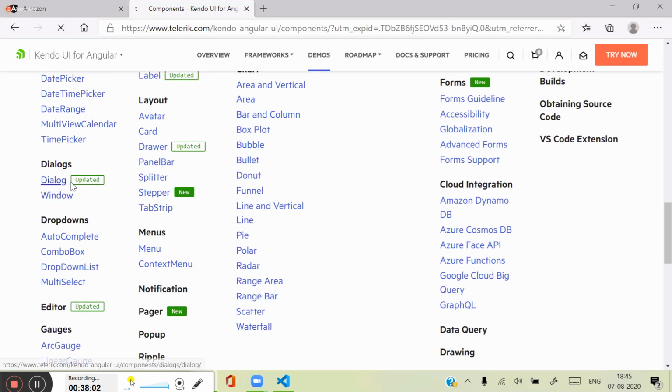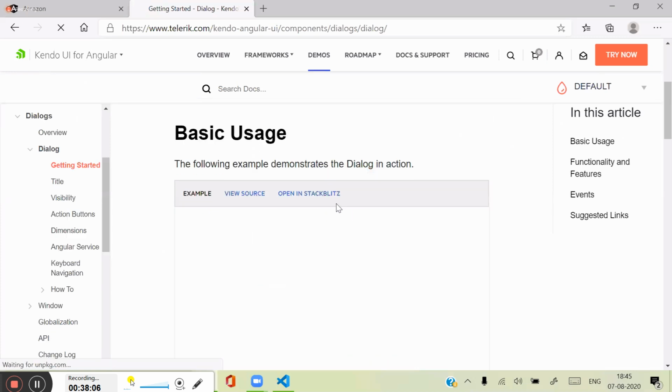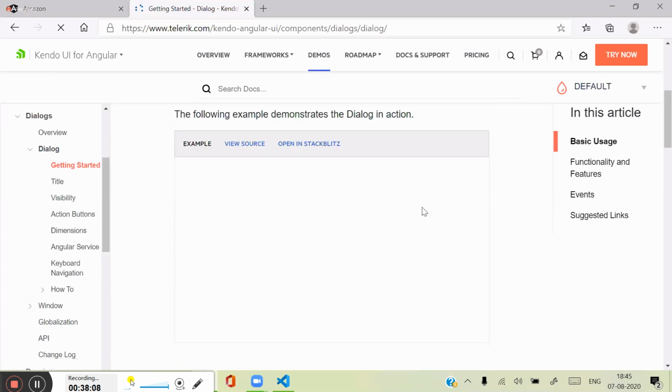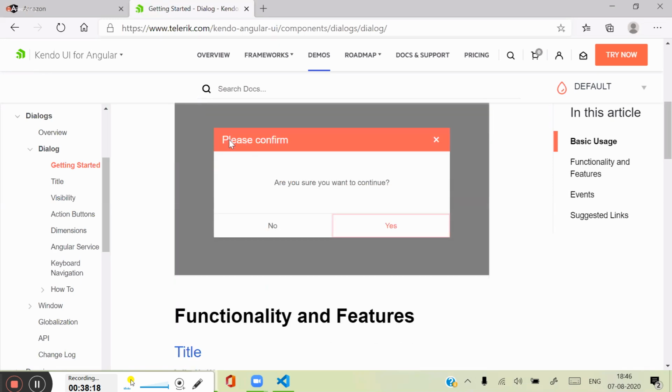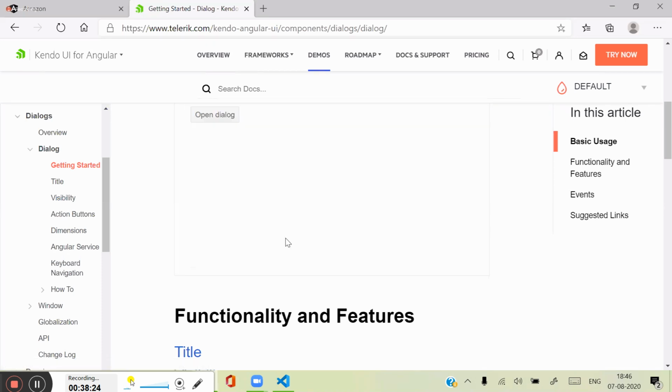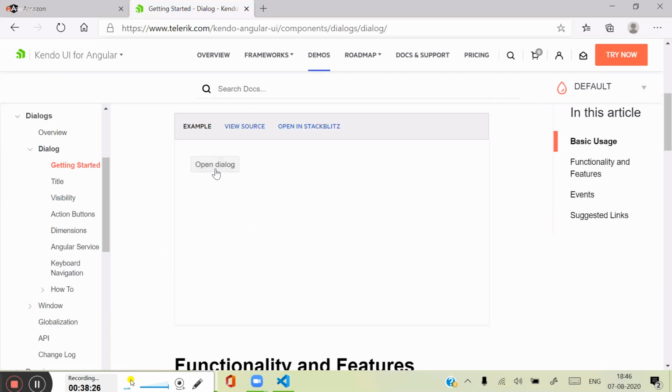You can have dialogues. You can see there is a dialogue. In the dialogue category, you can see examples of these dialogues, which shows how these dialogues usually work. These are third parties, and Angular Material will provide them. You can see this is how we conform. These are the dialogues. When I click on the open dialog button,